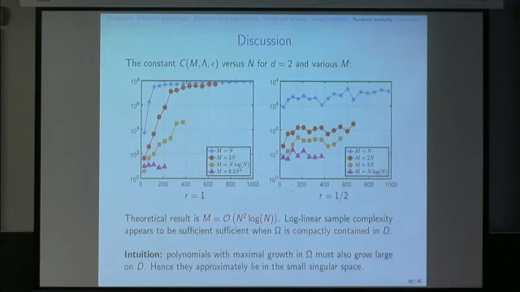You can actually compute this constant that we need to compute to estimate the sample complexity. And the resulting conjecture that we have is that, even though our theoretical result says that we need to quadratically sample, actually we only need to sample in a log linear way whenever omega is compactly contained in D. So informally, if there's some gap between the boundary of D and the boundary of omega, log linear sample